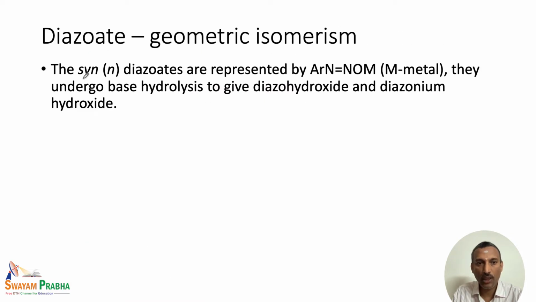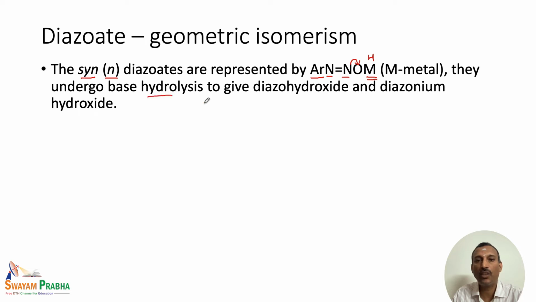So, people can equate the syn structure to the N or the normal diazotate form. This is represented by an aromatic unit attached to the nitrogen. There is a double bond between two nitrogens, and then the nitrogen-oxygen bond is present. The M is the metal. In the previous case, if it is a simple diazotate, there is a hydrogen atom present here. So, people had proposed that these kinds of structures are possible for the normal diazotate, and these types of compounds